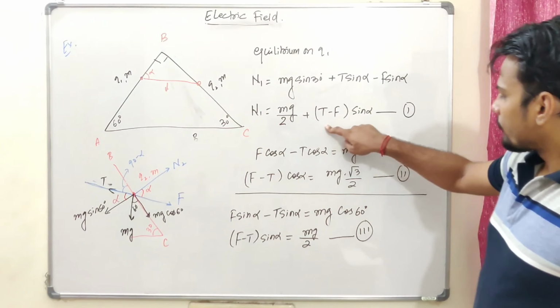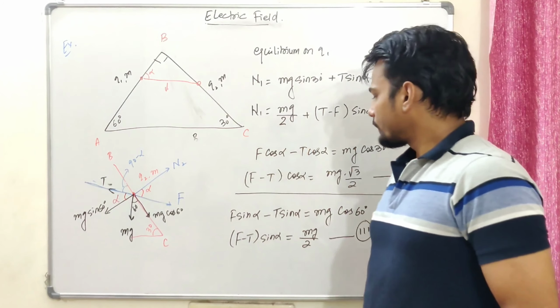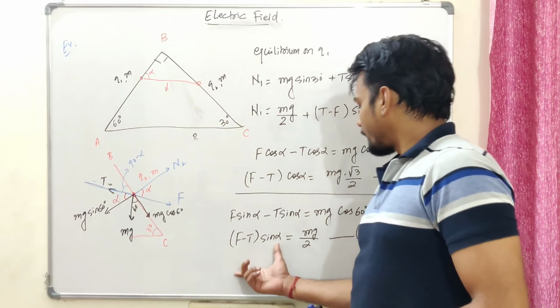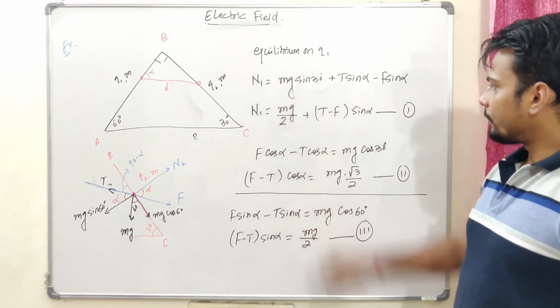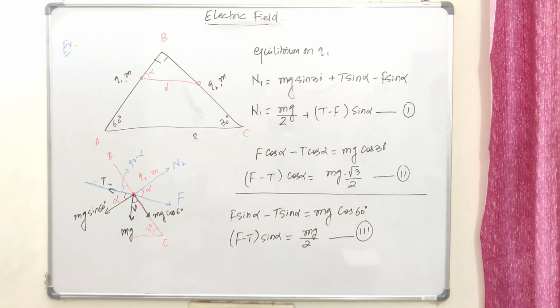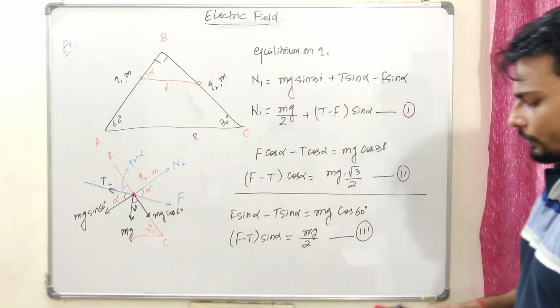Okay, over here T minus F sine alpha, I'm going to put it here, and then this is F minus T sine alpha. I can actually use this part over there, so I'll be getting the value of normal reaction, isn't it? I'll be getting the value of normal reactions over there. Everything is correct? Yeah, cool. Now over here we have F minus T cos theta, so then we can do it.